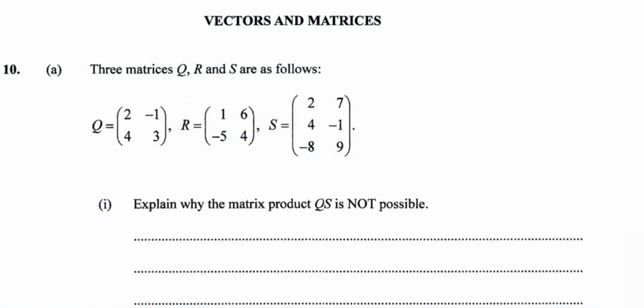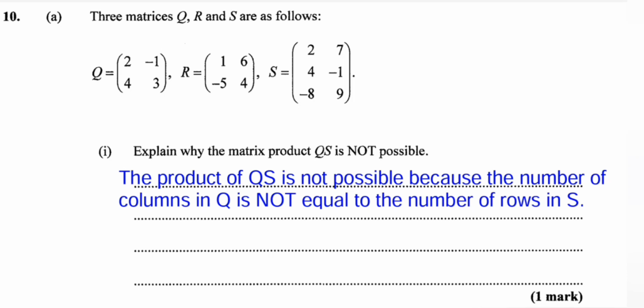Hello guys, we're looking at question 10. Question 10a says three matrices Q, R, and S are as follows. It is asking us to explain why the matrix product QS is not possible. The product of QS is not possible because the number of columns in Q is not equal to the number